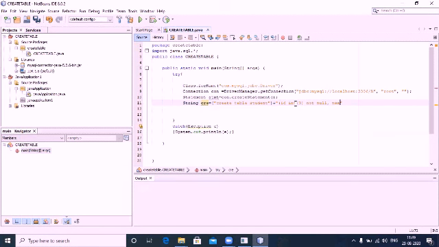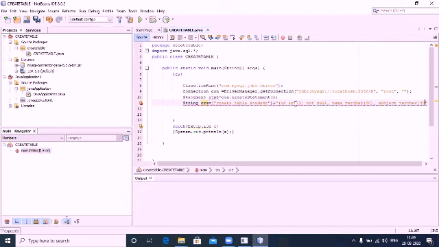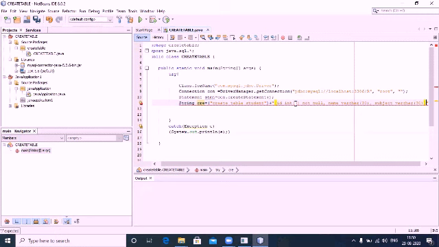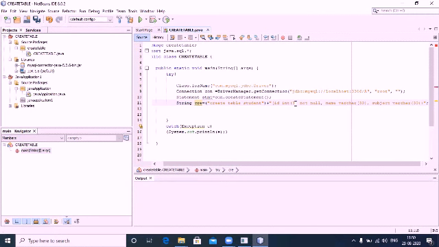Then I want the student name, varchar is the data type, the size is 30, and here I left it as null. Then subject, for which varchar again I am taking, and 30 as the size. And a semicolon. So this is how we created the table.